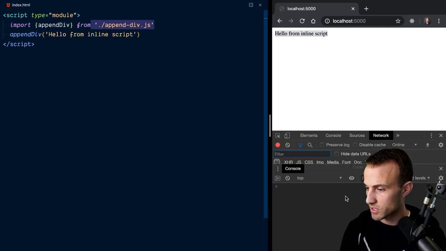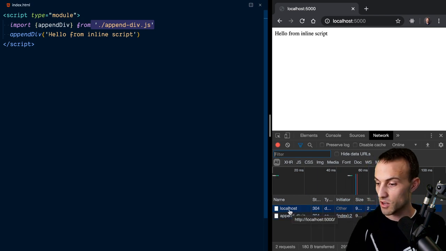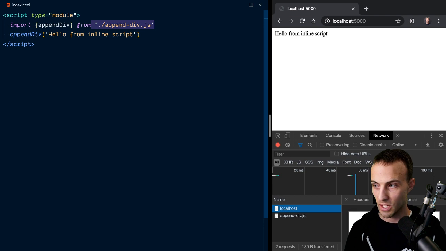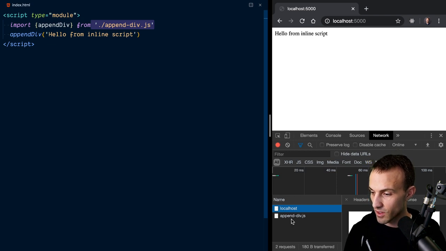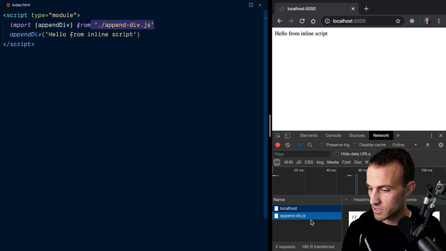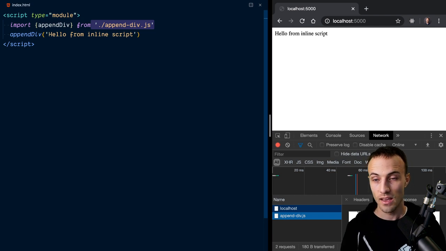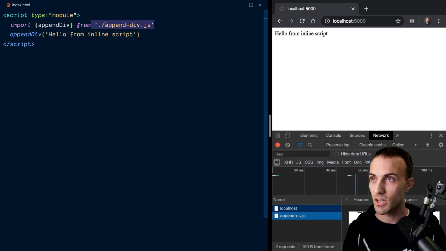So if we look at our network tab and refresh, then we're going to see first the browser requests localhost, which is just going to get the index.html served up by that serve module that we're using. And then our index.html is going to request this append div, and that's what the contents of that looks like. And because we're importing it as a module, and the server's returning some JavaScript,